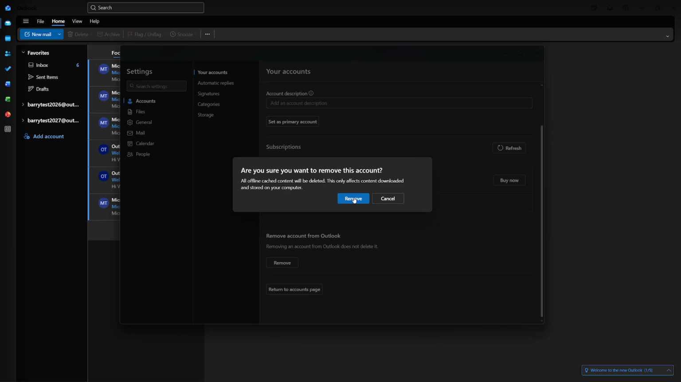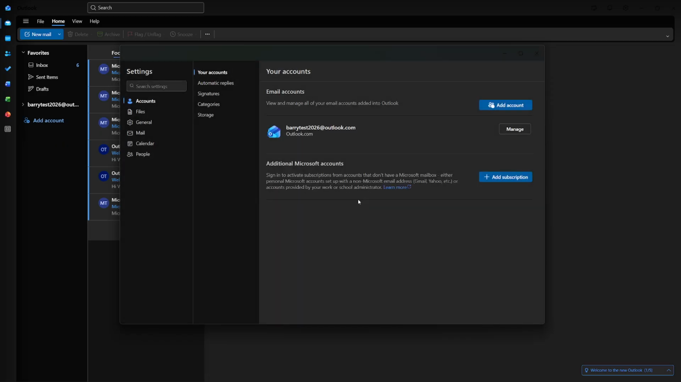With the correct account highlighted, click Remove. Outlook will display a confirmation prompt to make sure you want to proceed. Choose Yes to confirm. At this point, Outlook disconnects that mailbox from the app. Any messages that were synced for that account will no longer